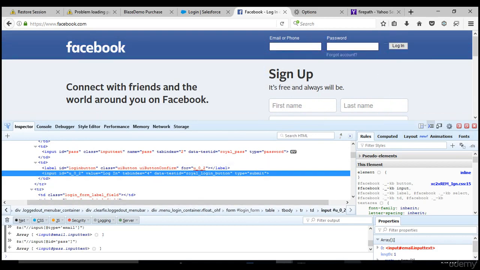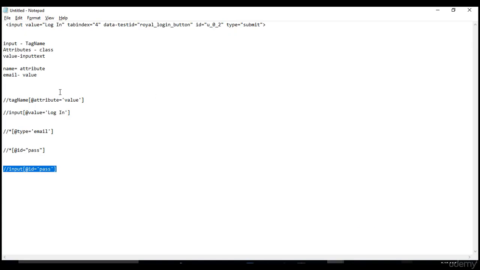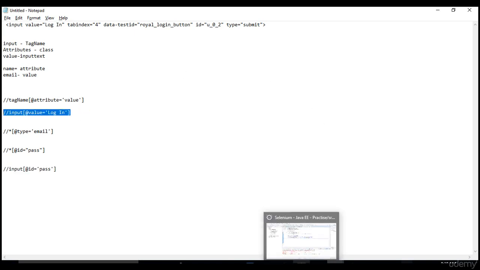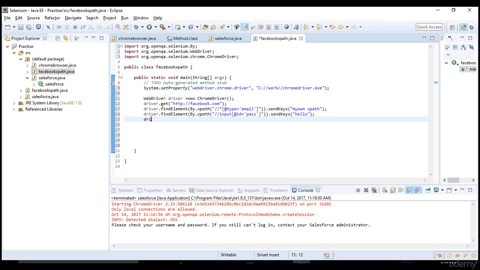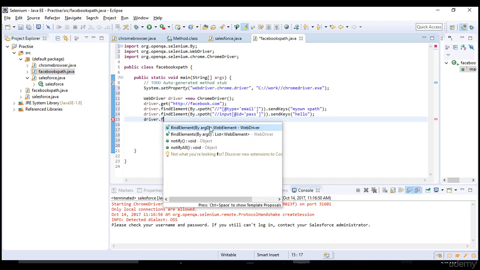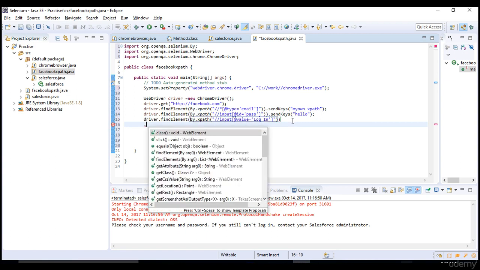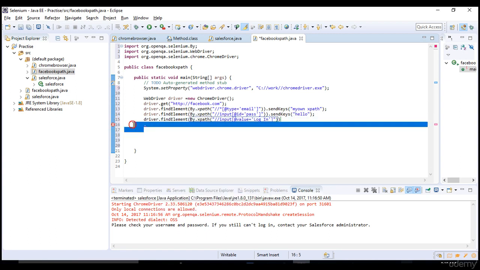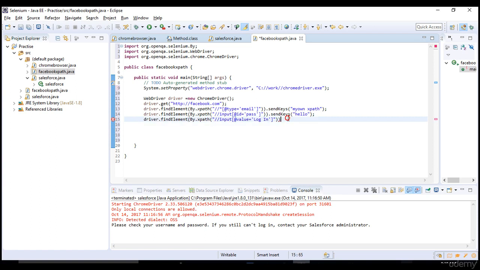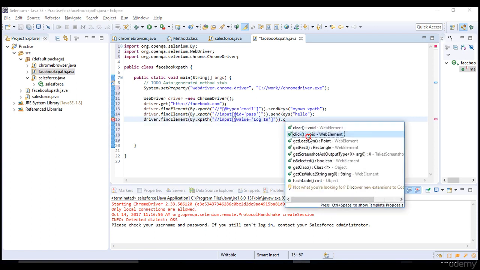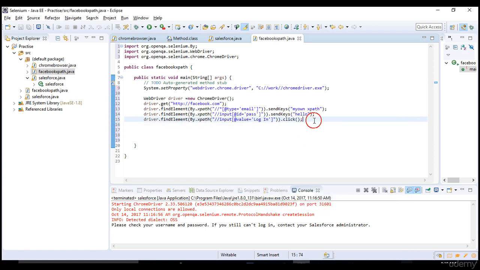So we are using that value attribute, and this is our XPath to identify the login button. What should I do on that button? The action I need to perform is click. There is no send keys; no matter, you have to click that button.